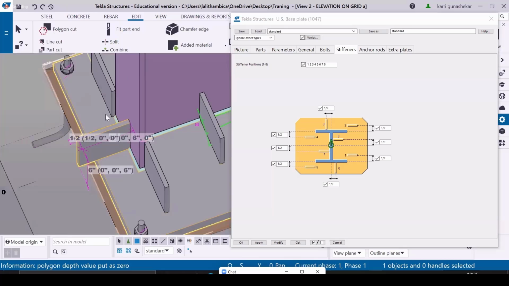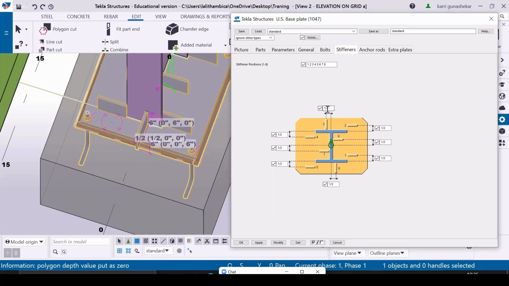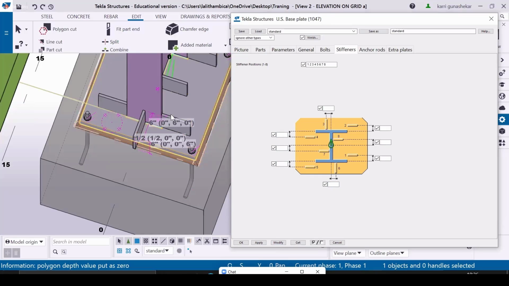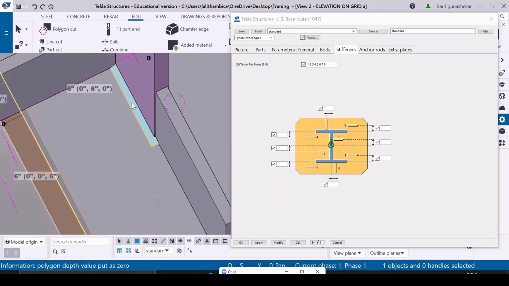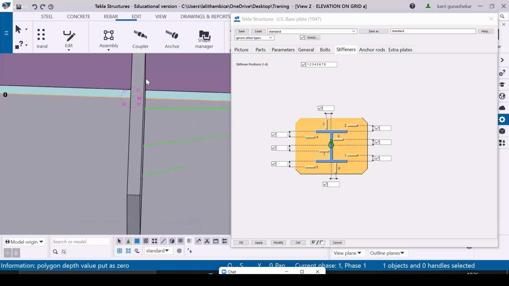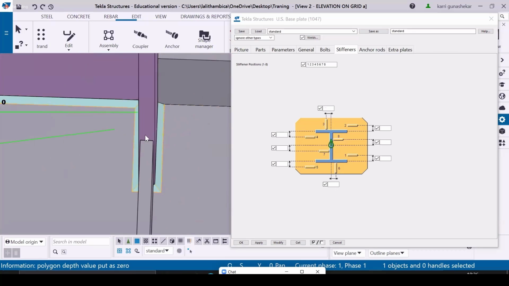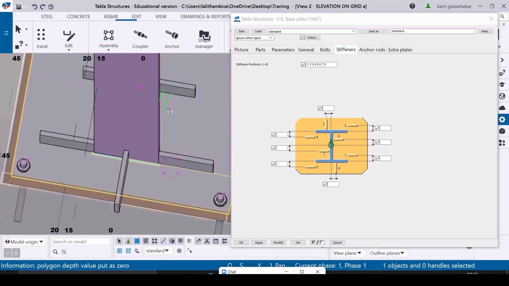See, here also offset. So just make it all empty. If you make all these things empty, you can see the change again. See, it is adjusted automatically to the center of the flange. See here also, it is adjusted to center. Everywhere it is adjusted. Okay. If you want to change